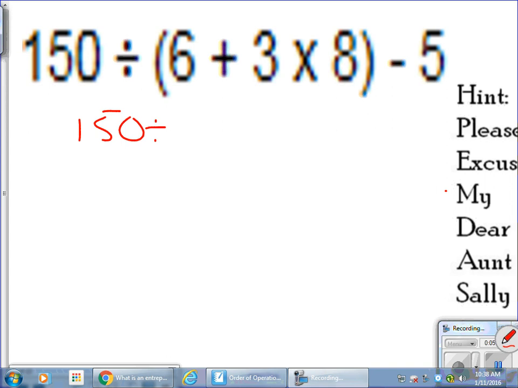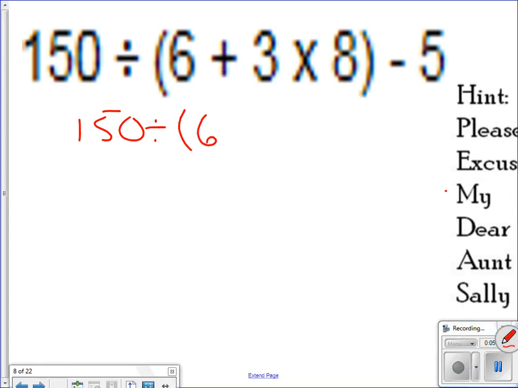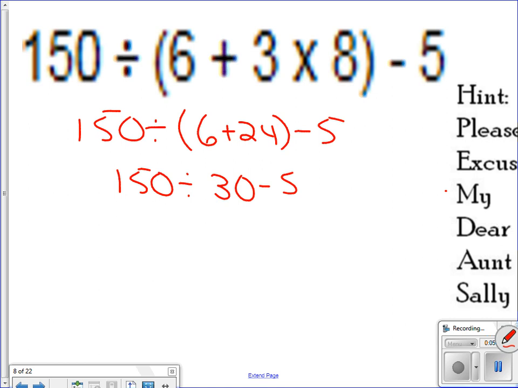So I'm going to go in parentheses 6 plus 24 minus 5. I still have my parentheses, so I'm going to do 150 divided by, and inside my parentheses here I have 30 minus 5. Now I'm going to divide because dividing is before adding and subtracting. 150 divided by 30 would give me 5